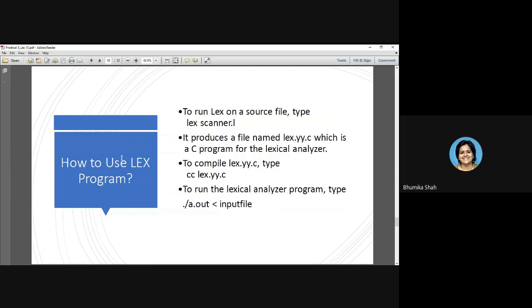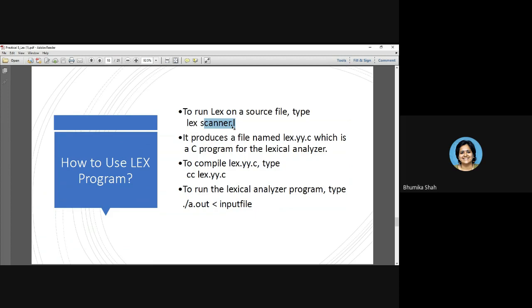How are you going to execute a lex program? Suppose the name of the lex program is scanner.l. For executing a lex program, you have to use a Linux environment, and for that you have to download certain packages. We will be providing the information of those packages also in the classroom. So unless you have those available, you won't be able to execute the lex program.